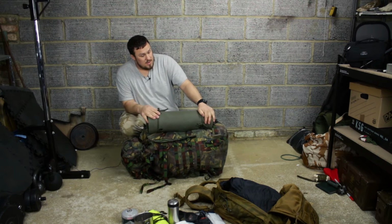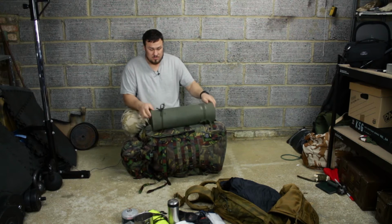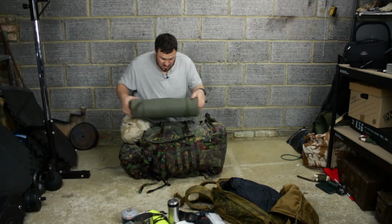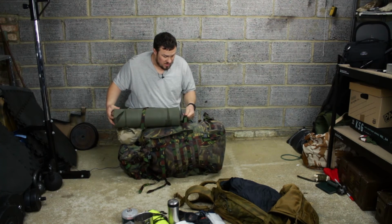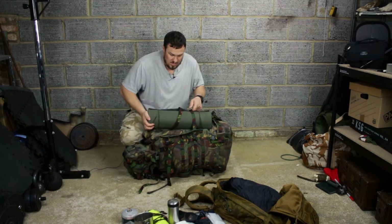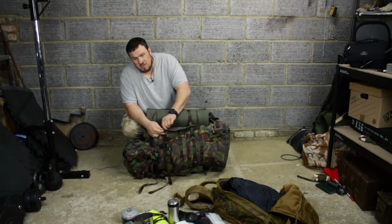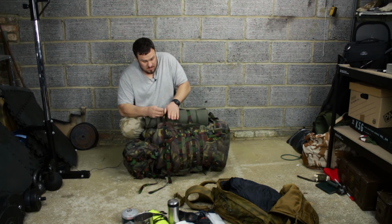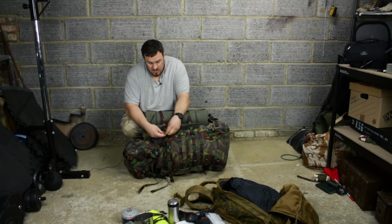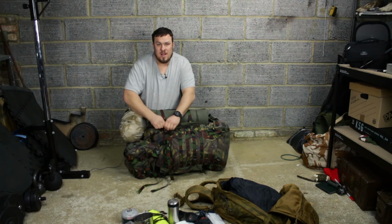Same as Camelback. Little tip for when you're attaching these: if you've got little tassels on here, make sure where the knots are tied is facing the Bergen. That way it won't get snagged up at all on any foliage that you may come across. It doesn't matter so much if it does get snagged up. All that will happen is when you take your roll mat off, if you ever need to take it off, if those straps have come loose, the thing will just spread out into one big unrolled sheet,